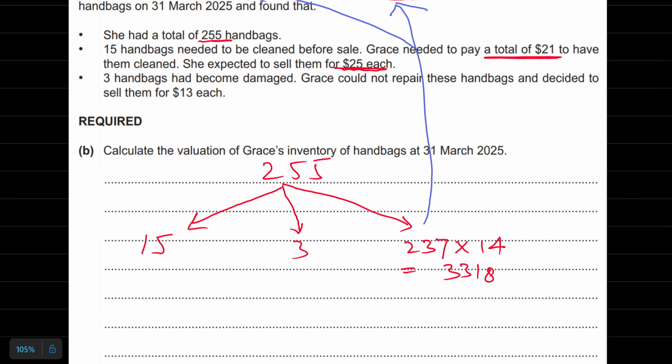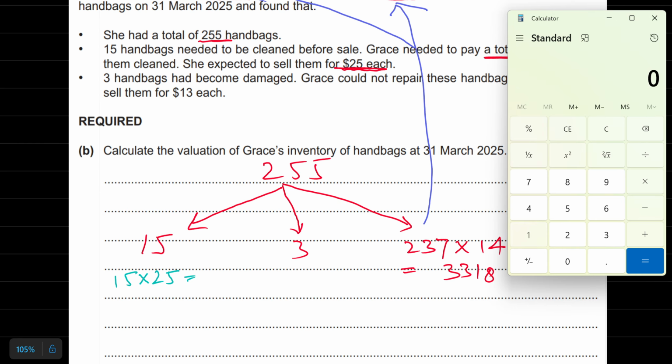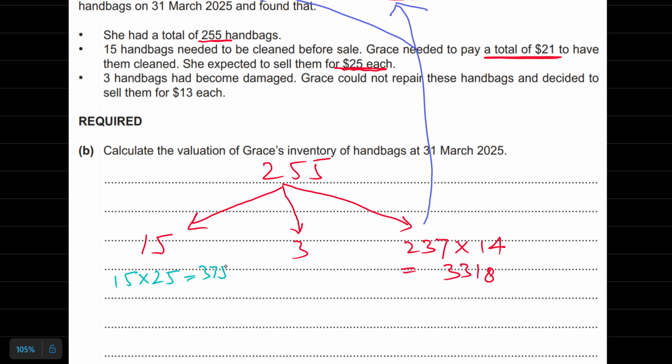Now students, 15 bags can be sold at 25 each, and the value will be 15 into 25, which is equal to 375, while we have to pay cleaning cost of 21,